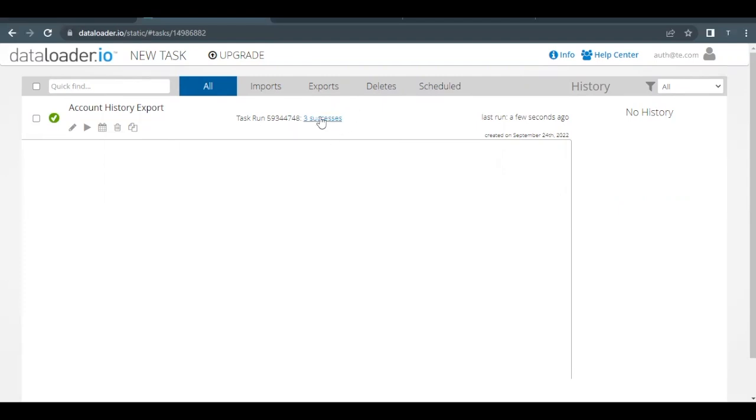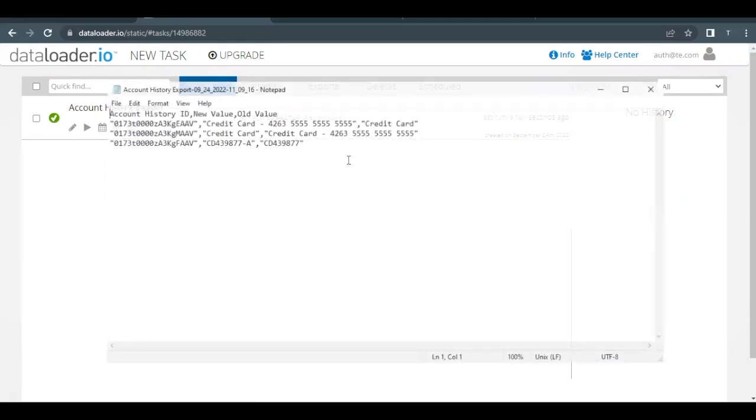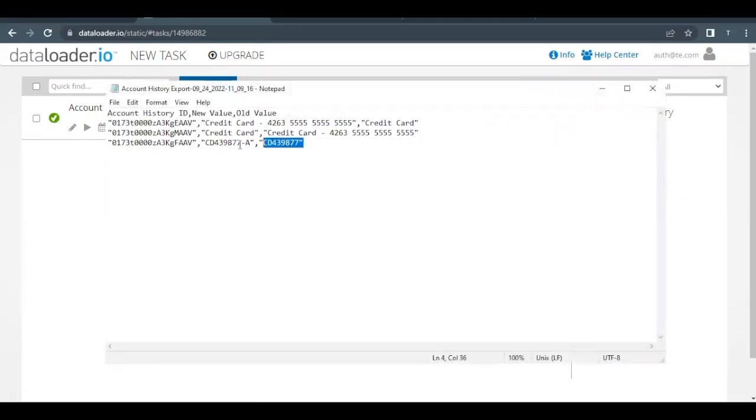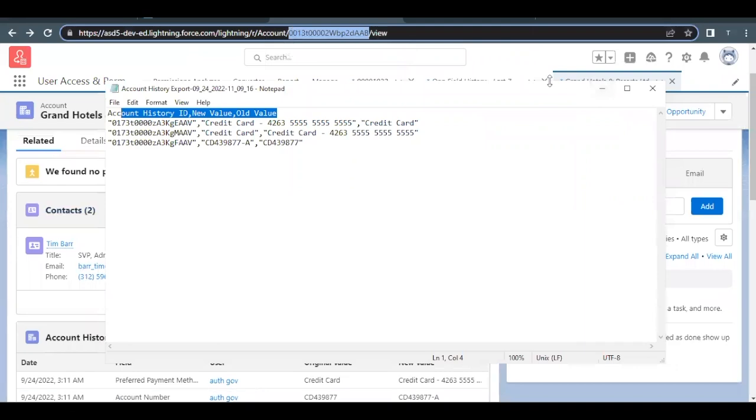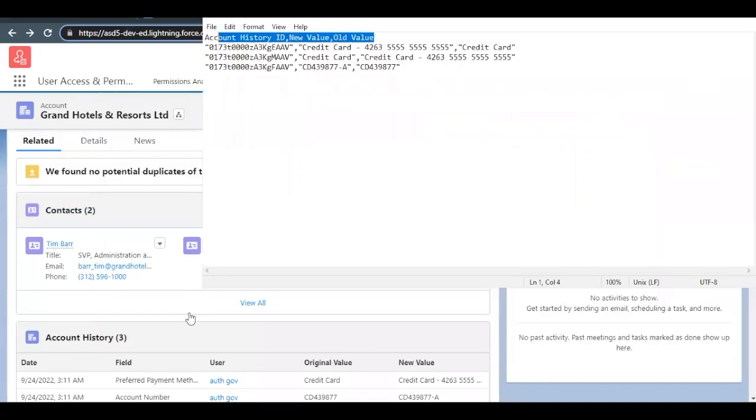Now, click on this hyperlink 3 successes, and this will start downloading the file in the CSV format. So this is the file that we have, and here you can see there are 3 records of account history. And the first row signifies the column names over here: account history ID, new value, and old value. And if you go to your account record over here, you will see that the account history has 3 records,